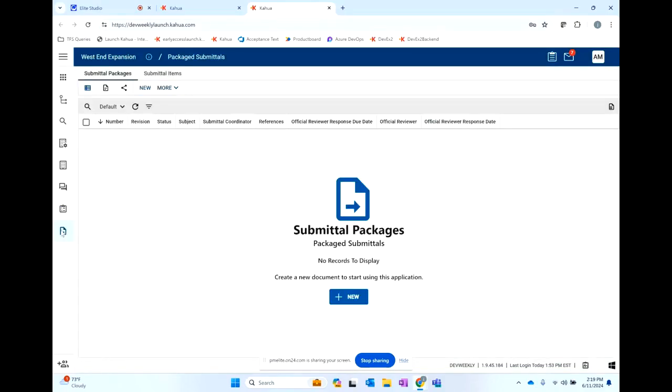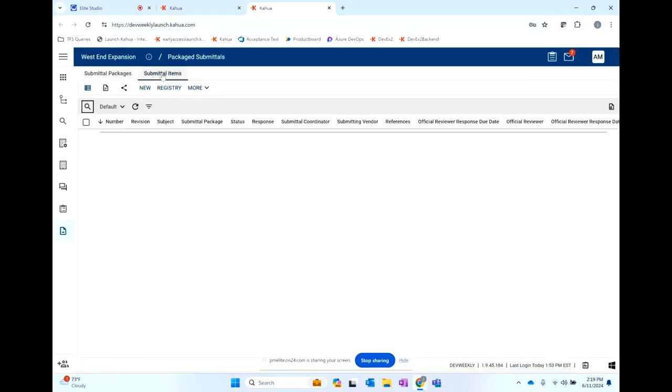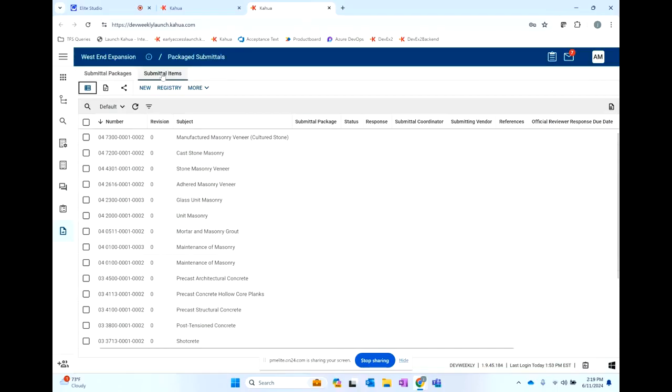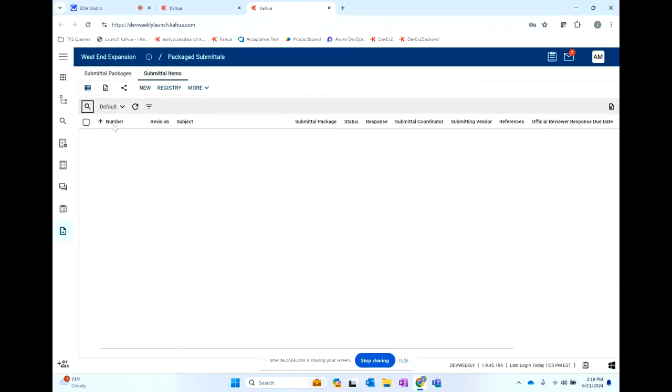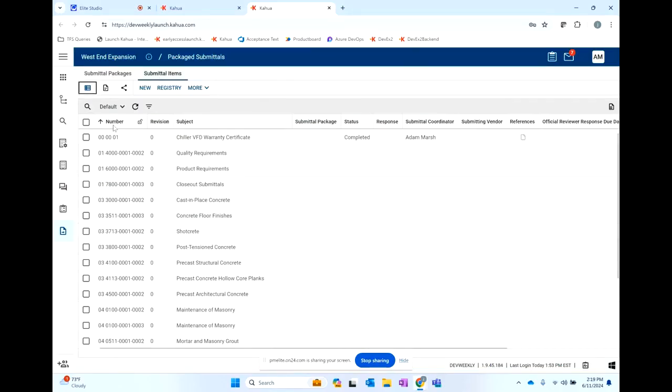So I am now in our submittals app, and I'm going to go ahead and select the submittal item so you can see the submittal registry for this project. And then you'll notice here that there is a warranty certificate submittal for that chiller, so that same asset that we've been looking at. And you can see when I select this,